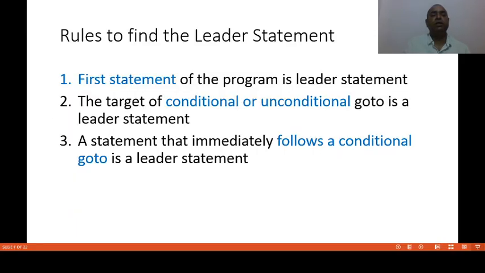To understand how to find out the leader statement, these are the rules. First one. First statement of the program is leader statement. The target of conditional, that means what? If we write like this, if A is less than B, then go to something else.